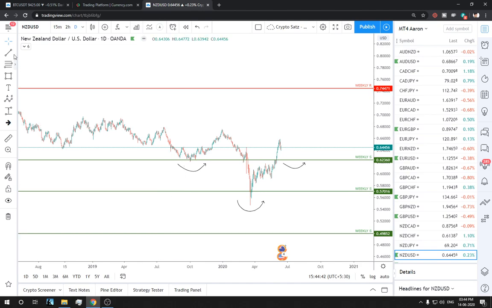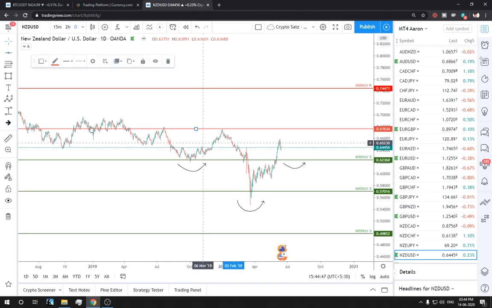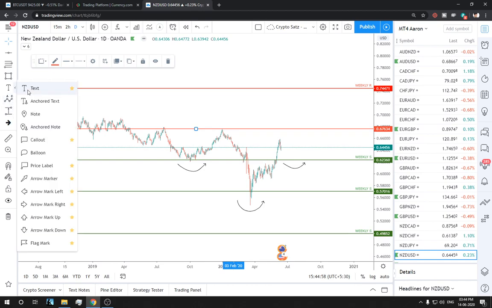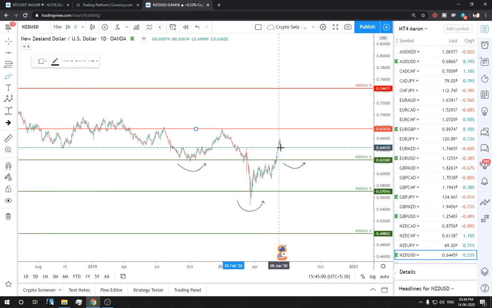So we have a strong resistance out here. You can see the resistance line. So possibly NZDUSD might move up to here,